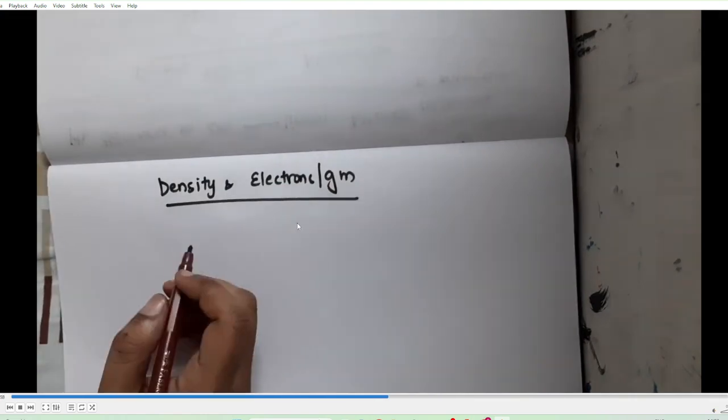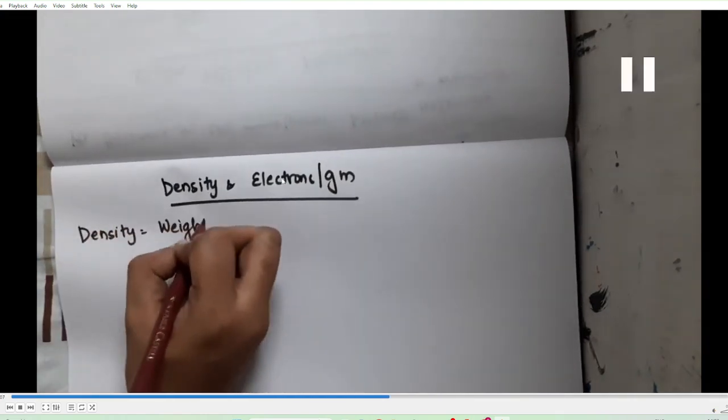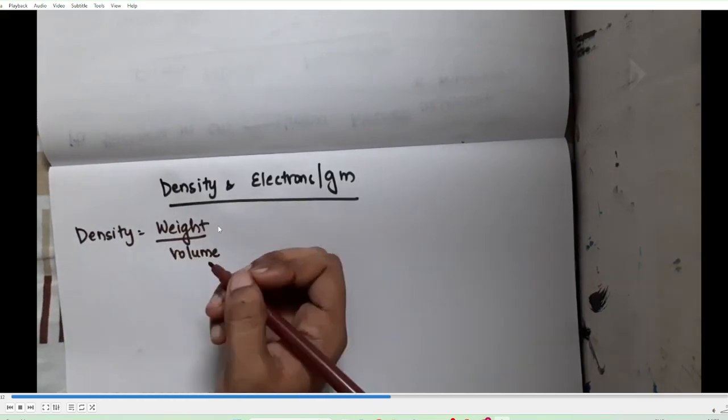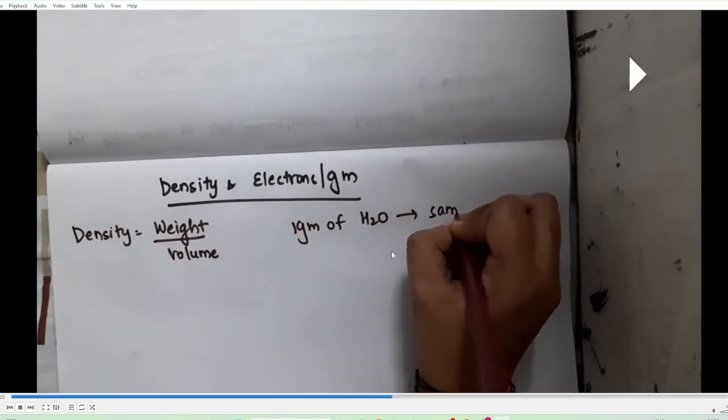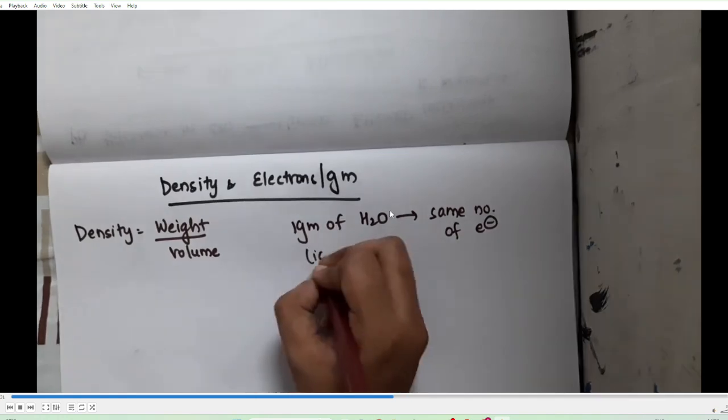The next important thing is density and electrons per gram. Whenever a factor is expressed in units per gram, the concept of volume is eliminated. Density depends upon weight per unit volume. There is no relationship between density and electrons per gram, because 1 gram of water contains the same number of electrons